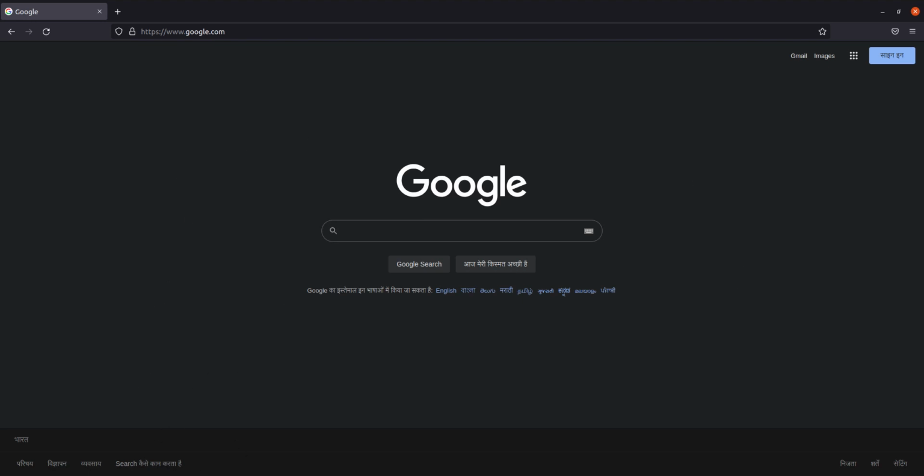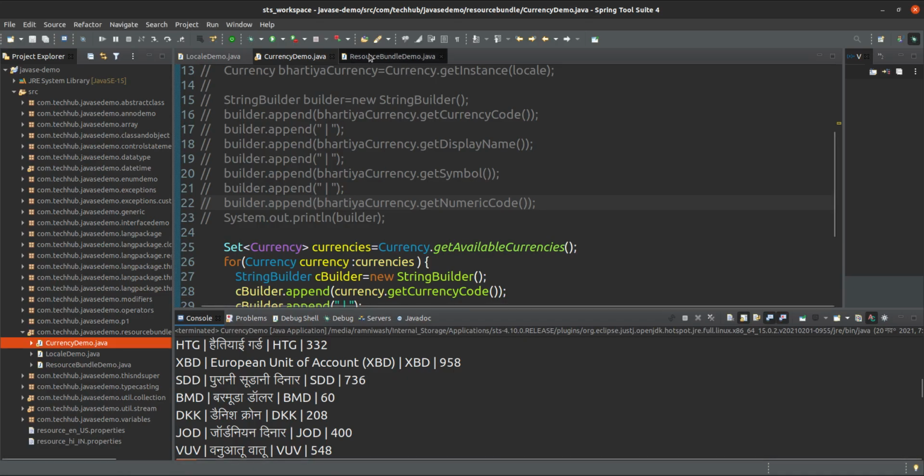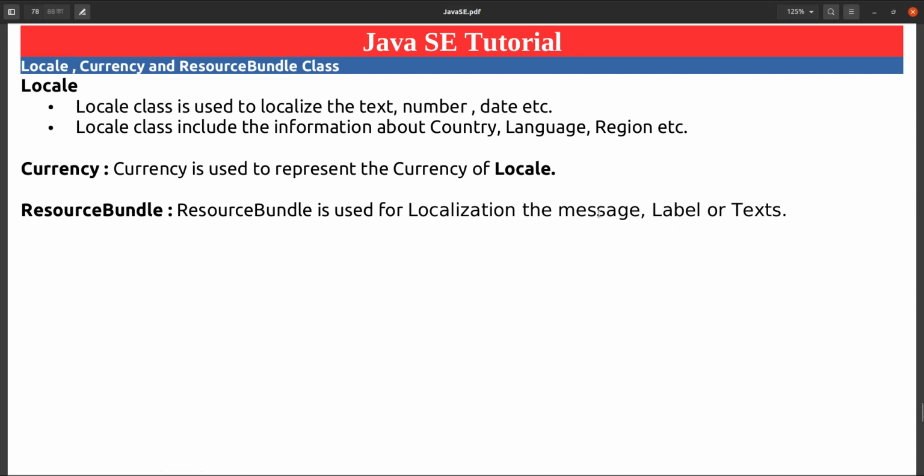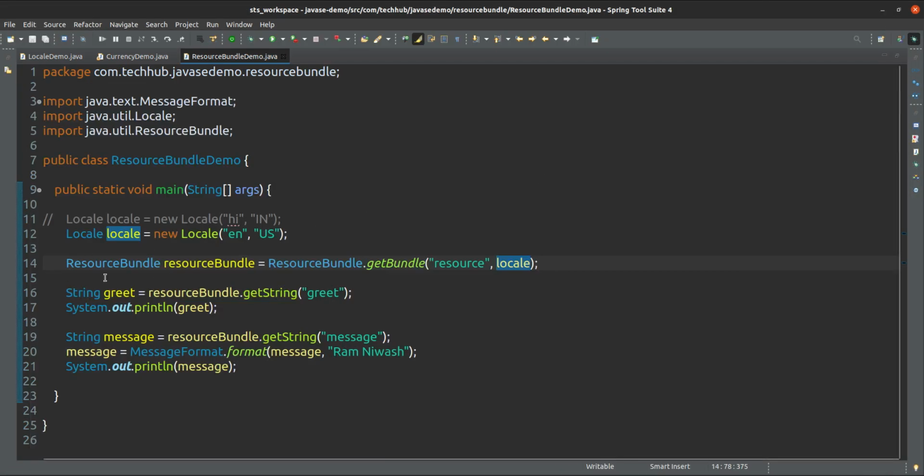So in the same way we can create the ResourceBundle class that can be used for localization of the text, messages or labels.